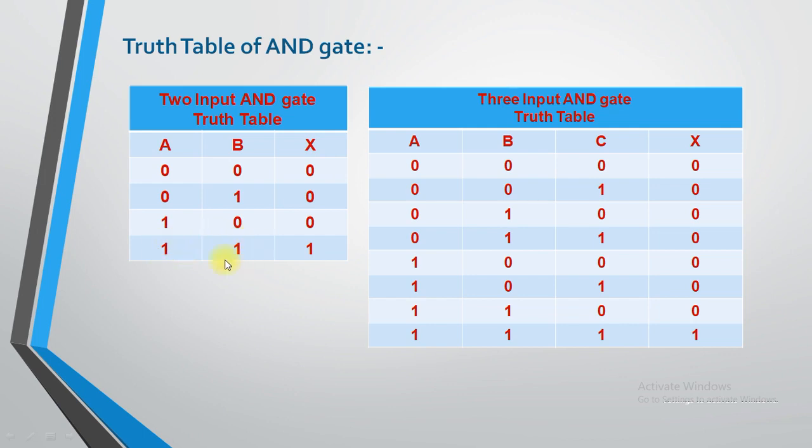If all the input signals are high, and high means 1, so in the last case only, the values of a and b both contain 1. So the value of x is 1. In the rest of the cases, the value of x is 0. Similarly, with the 3 input AND gate, we have the last row in which all the combinations are based on the value of 1. So naturally you have the value of x as 1. In the rest of the cases you have the value of x as 0, or it can be represented by low.